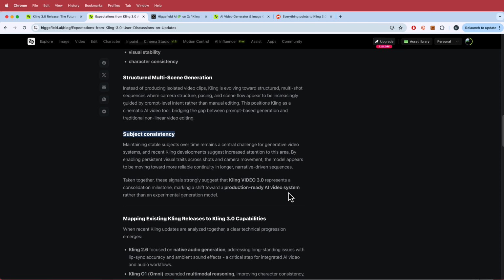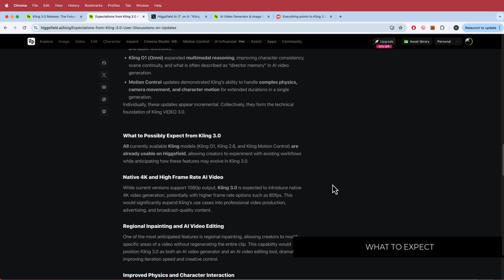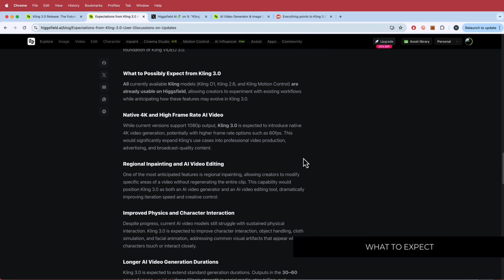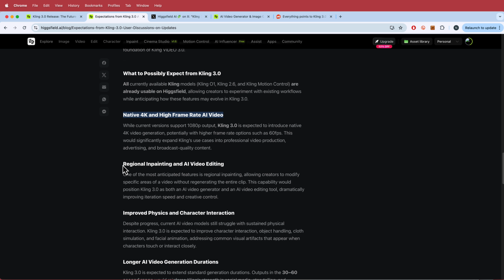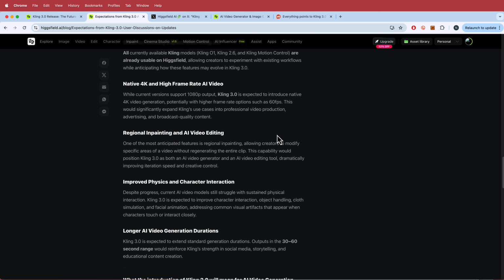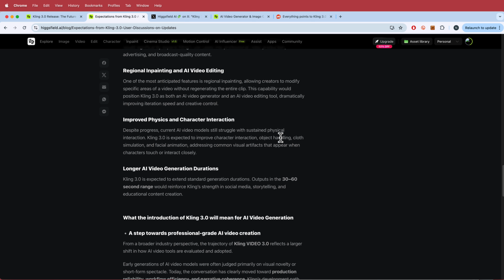When you have better consistency, you can actually use it for the things that you intend to do with it. So just to sum up, what can we expect from Kling 3.0? 4K and a higher frame rate. That's awesome. We also have regional in-painting and AI video editing, improved physics and character interaction, longer AI generation for your videos,